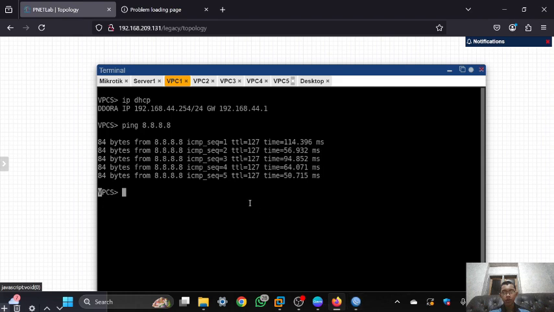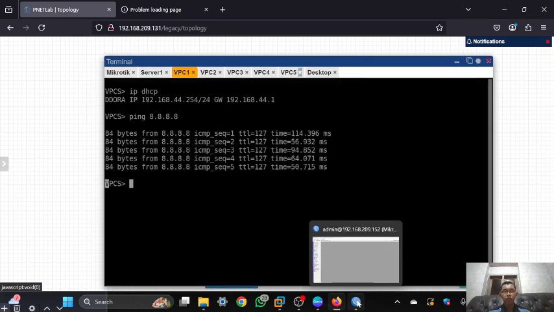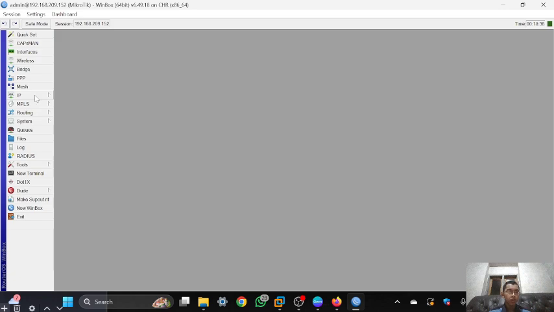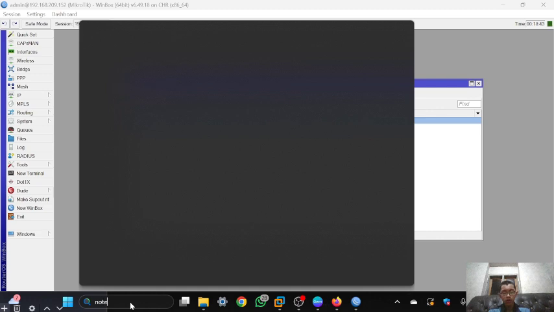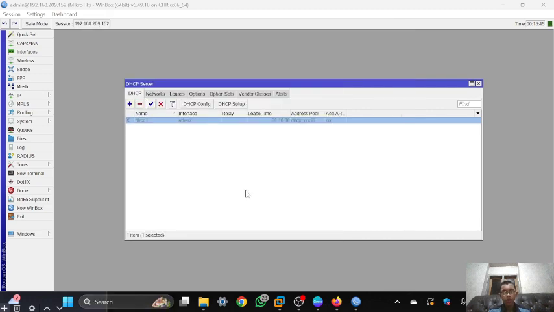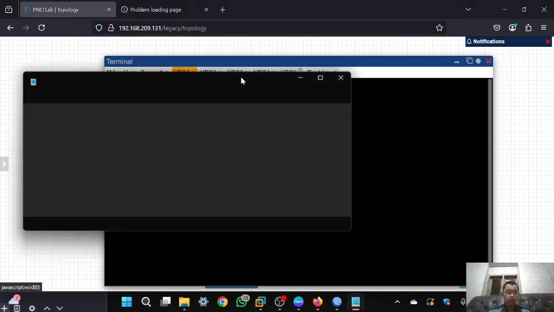So I will configure it in here. But before you configure it into the static, you must turn off the DHCP server. And I will configure the IP with this IP.